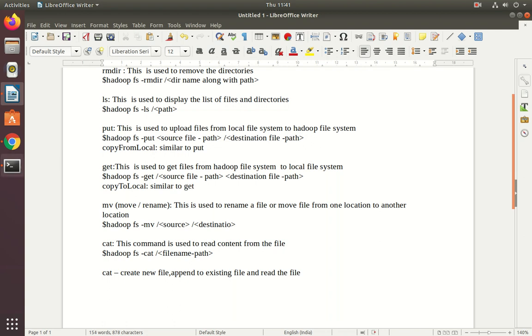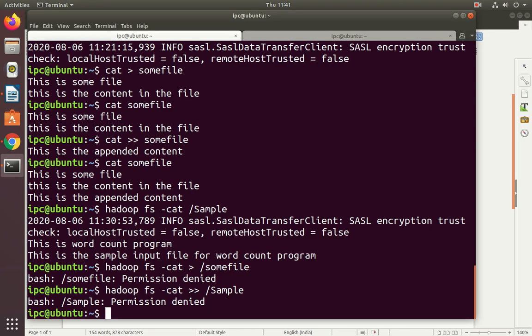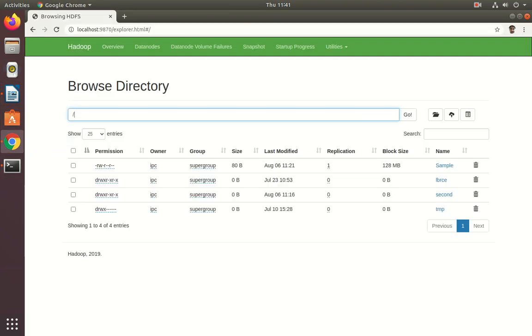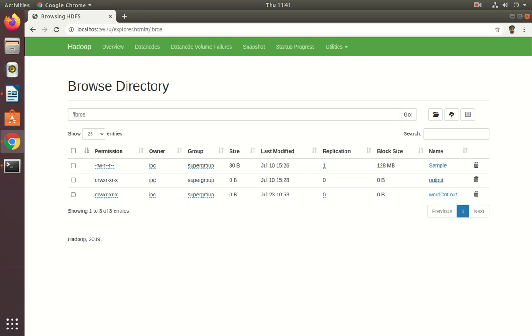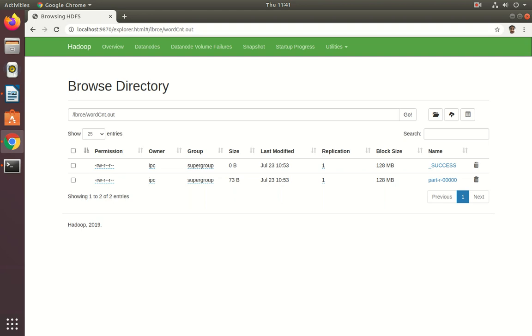See, let us use this command. Before that, let us verify the directories. For example, in the LBRC directory, let us open this. Another directory, wordcount.out, is also a directory. In this directory we have the file _SUCCESS.